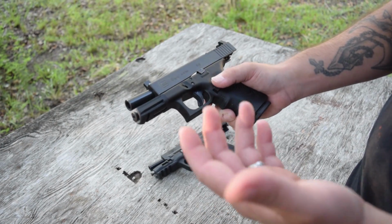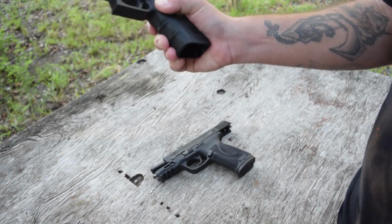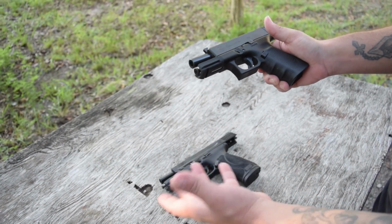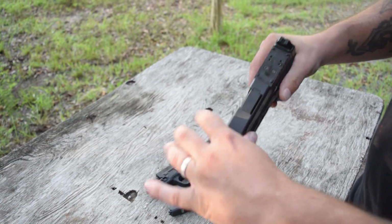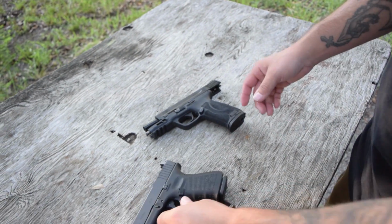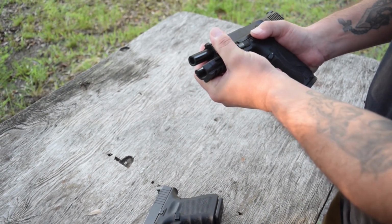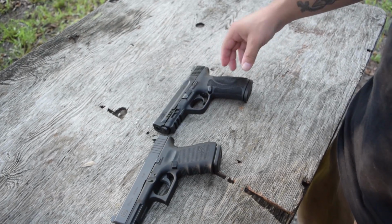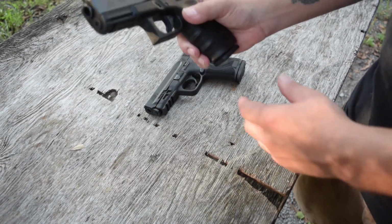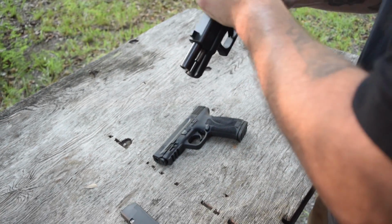So I've gotten in the habit with any Glock I'm shooting, I'll just come in and just grab it right out, or you can kind of rattle it out of there, I guess. But other than that, everything works fine on both pistols. I've had both of these for a while now, and no hiccups or anything like that on either one of them. So let's go ahead and talk about the breakdown, and then we will show you guys how these things